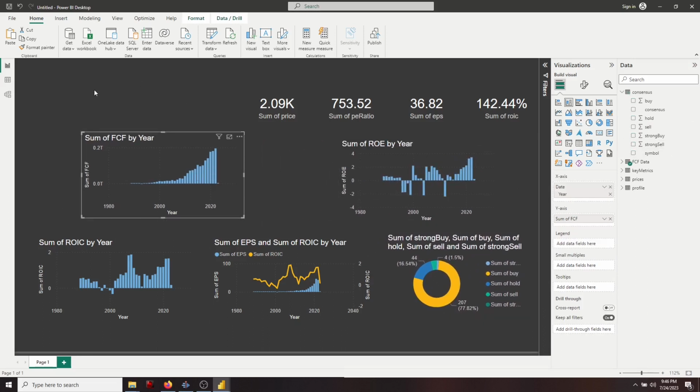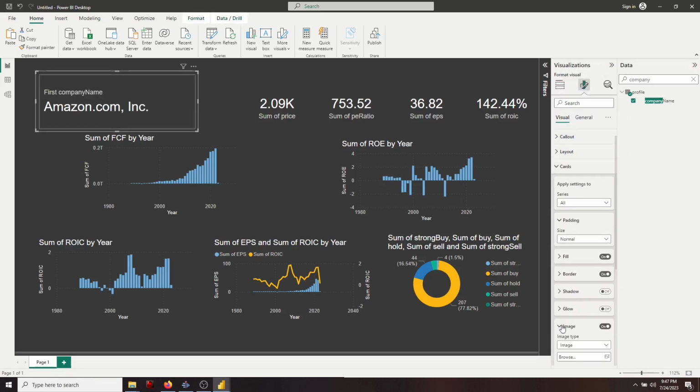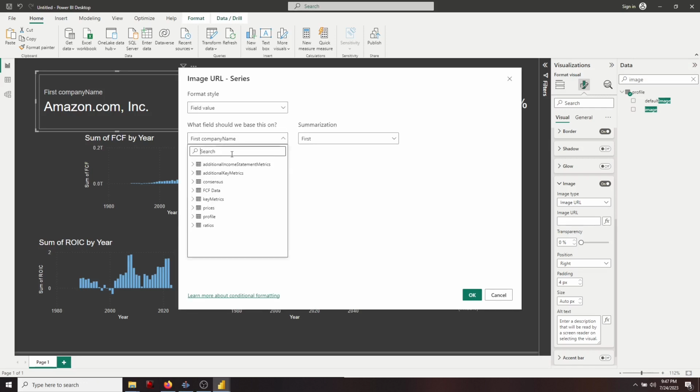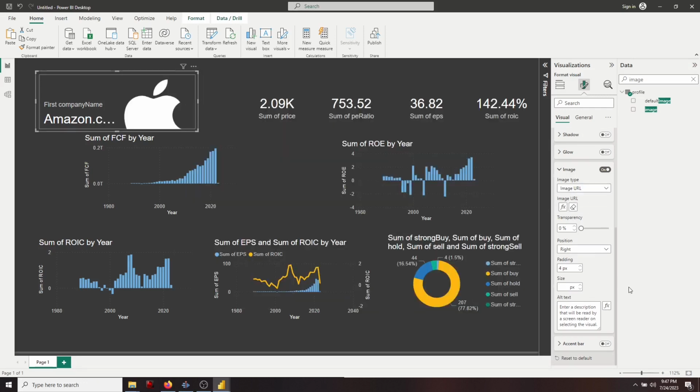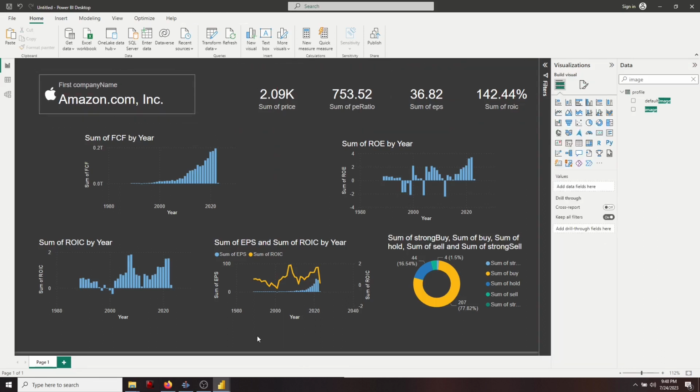For this next visual, I'm going to create a banner up in the top left. This will include a picture on the left and then the company name. I just want to make clear that this is using the new card within Power BI. So make sure to use the new card. This is everything that we need on the first page